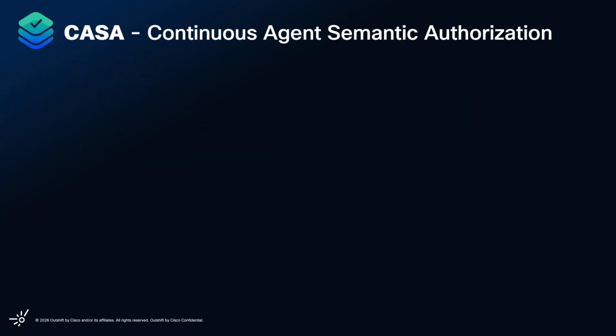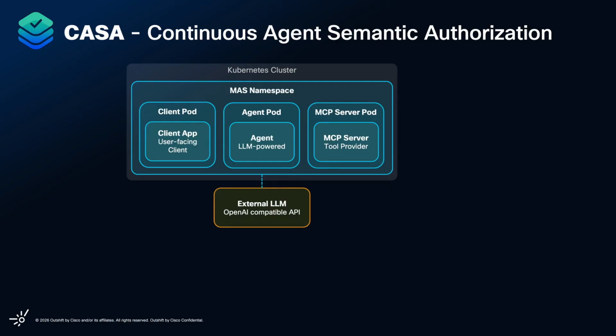Now let's walk through the architecture of CASA, building it up step by step. We'll start with a typical multi-agent system setup before CASA is introduced. In this baseline scenario, you have a Kubernetes cluster with a namespace dedicated to your multi-agent system. Inside that namespace, there's a client pod running a user-facing client application, an agent pod running an LLM-powered agent, and an MCP server pod running a server that exposes tools for the agent. The agent also uses an external LLM through an OpenAI-compatible API for its reasoning. This is a straightforward setup, but it has no authorization layer governing what tools the agent can call or whether